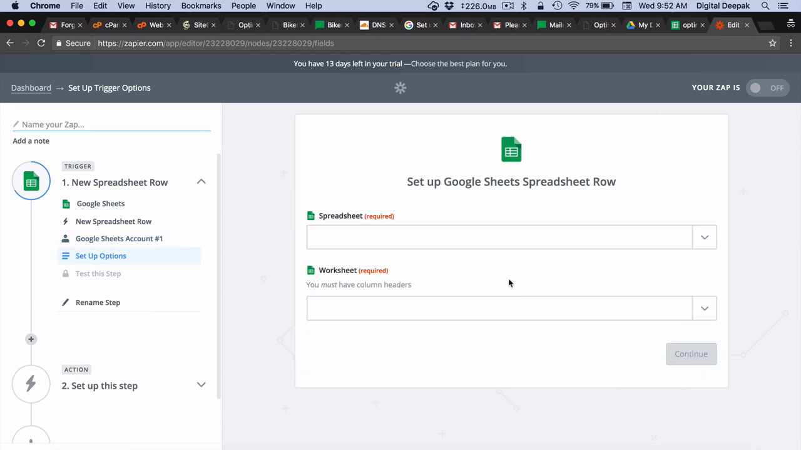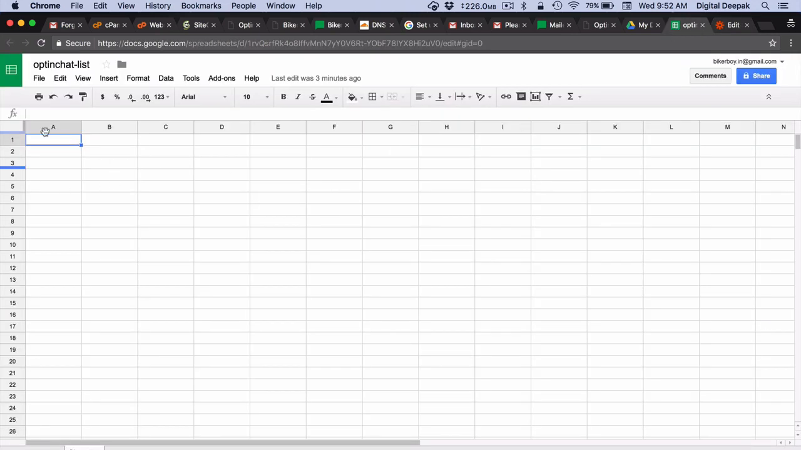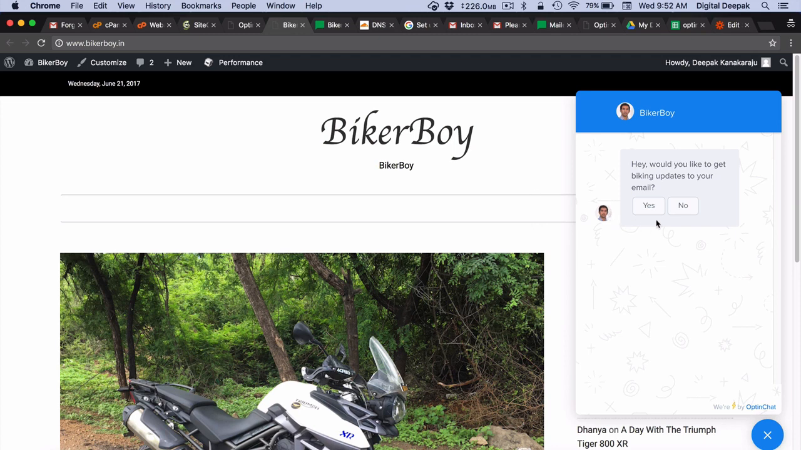So I would click on save and continue. Now I have to select the spreadsheet from which the data can be taken. One of the important things here is that the spreadsheet needs to have headers. Without headers, I will not be able to fetch the data. So let me first opt in once in this place and see if the data is coming to Google Sheet. So here I would click on yes,